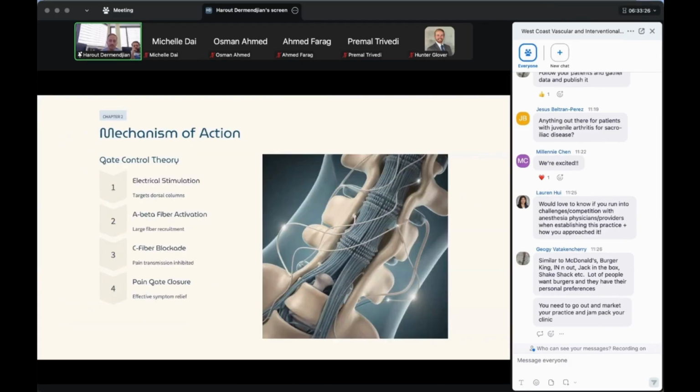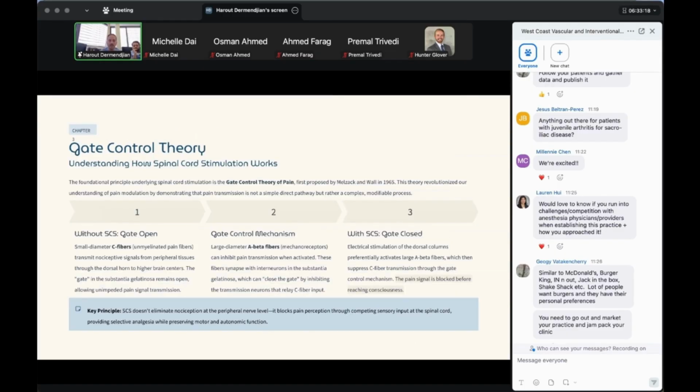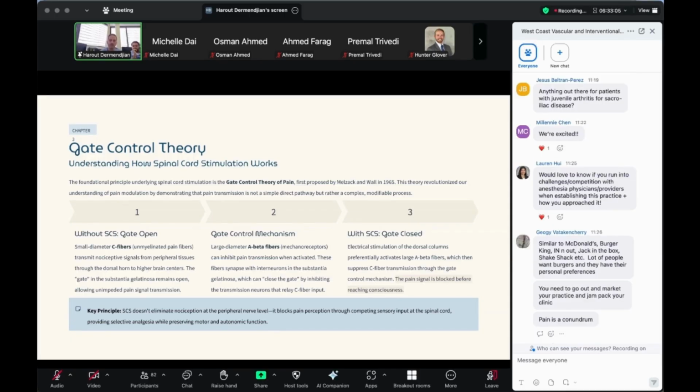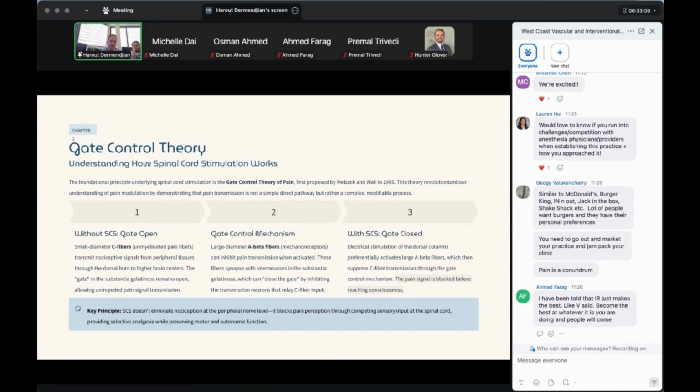So what's the mechanism of action of this type of pain, right? So there's the gate control theory, which came out in 1965, and kind of changed the way we look at pain. Essentially, we're looking at two different types of pain fibers, the small diameter C fibers and the large diameter A fibers. The C fibers are the ones that cause the pain, either sharp pain or, again, in this type of neuropathy, the burning pain that our patients complain of. And then you have sensory fibers, the A beta fibers, which I guess the best way to explain it is rubbing, touch, things like that, right?